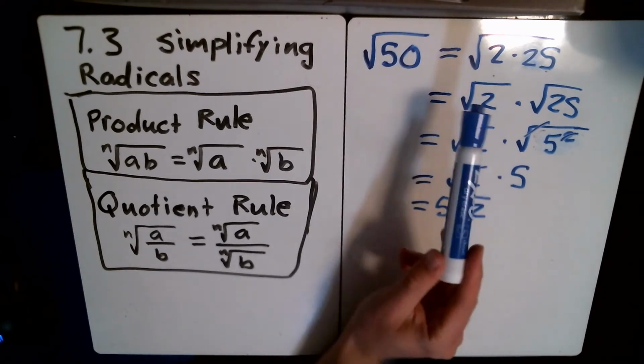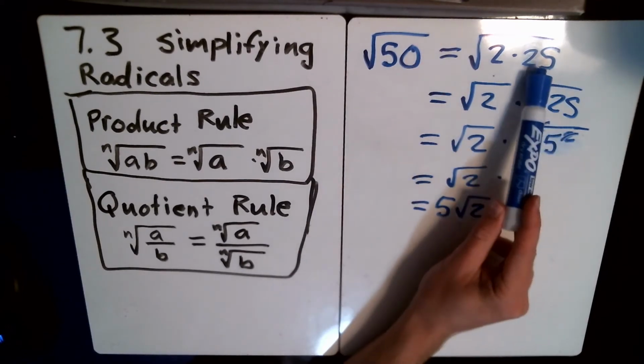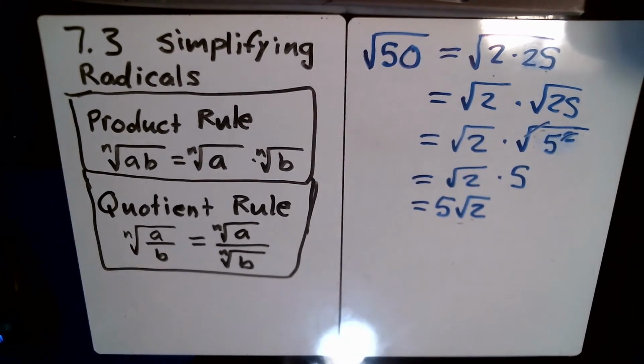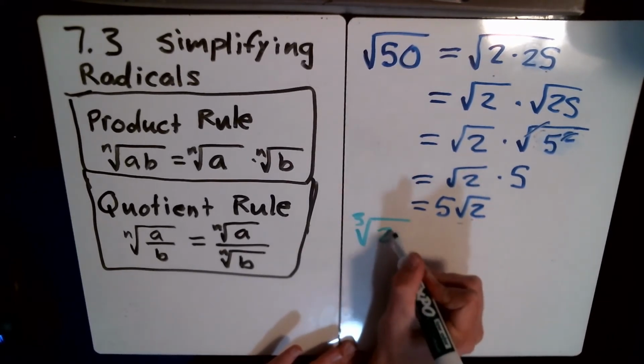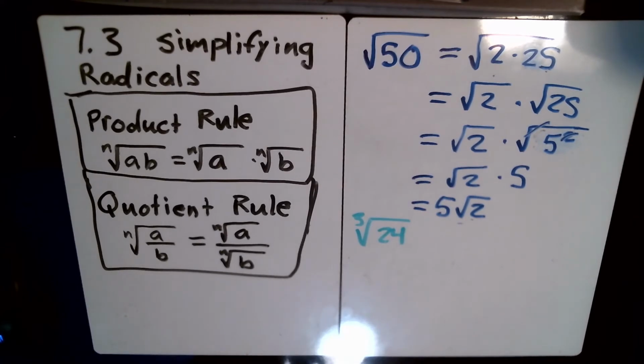Notice we were able to simplify when there was a perfect square living inside of this number right here. So let's do another example. We'll do the cube root of 24. Okay, so the cube root of 24. Well, in this case, I'm dealing with a cube root, not a square root. So if there's any perfect cubes living inside of 24, we can simplify this so that it's